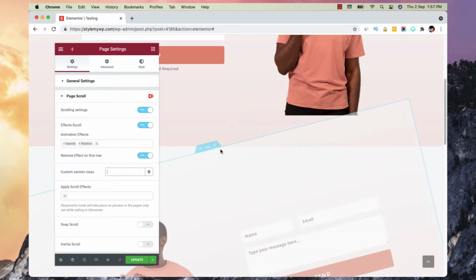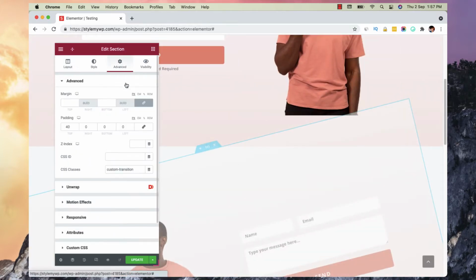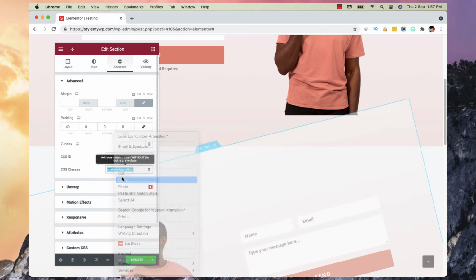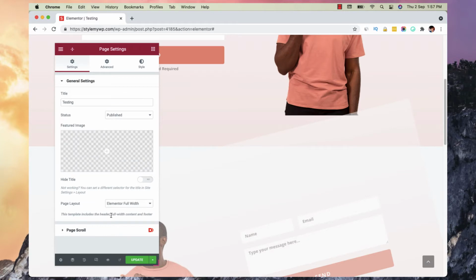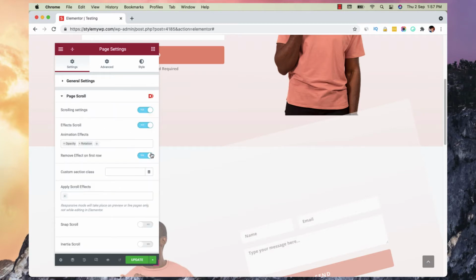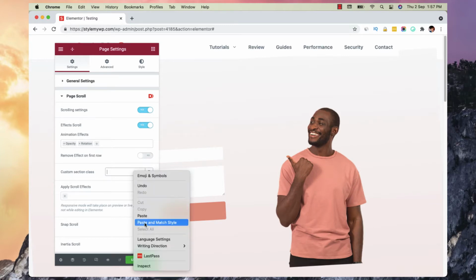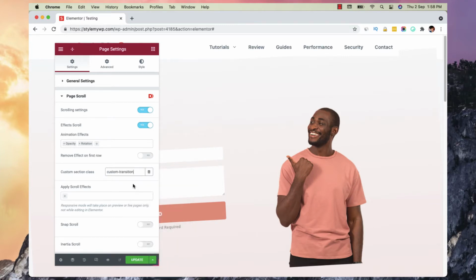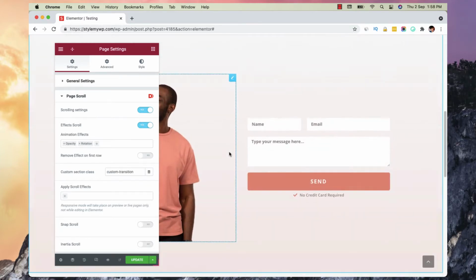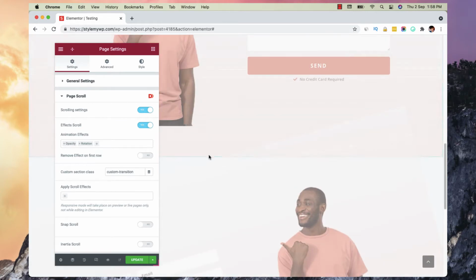I have given a class to my second section, that is custom transition, and when I copy it and get back to my page scroll, I remove this one out and give it a class. Okay, now the option will be applied only to the second section.